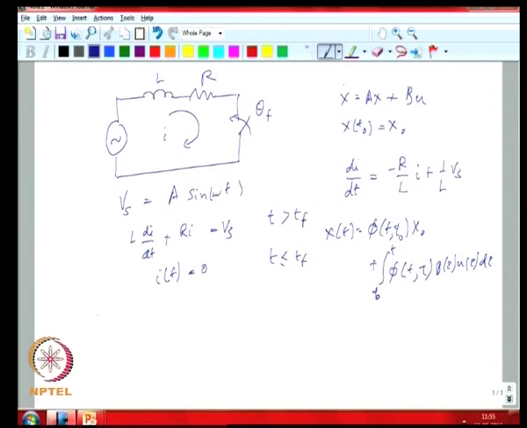And we know that the state transition matrix for this simple first order system is e to the power of minus R by L times t minus tau. So, you can write an expression for your i of t. It would have the form, and for our case our i at t naught is 0. So, this term goes away. So, you have an expression for i of t as the integral from Tf to t